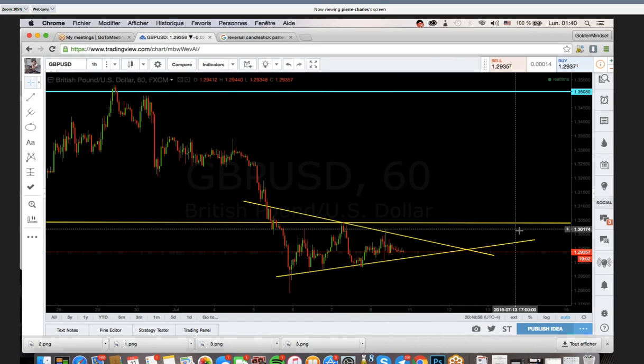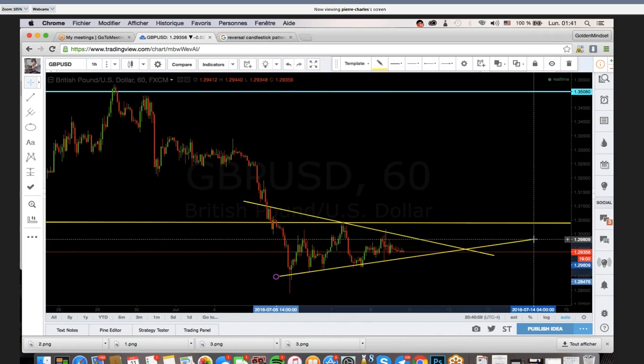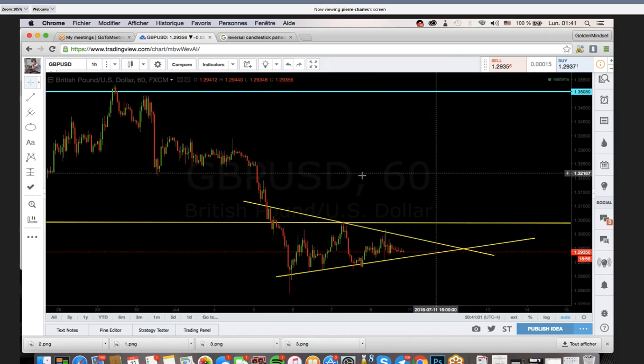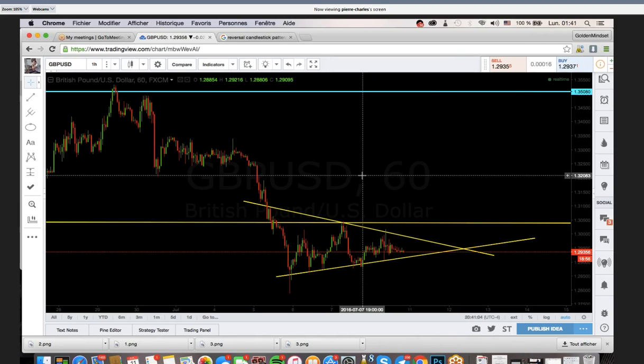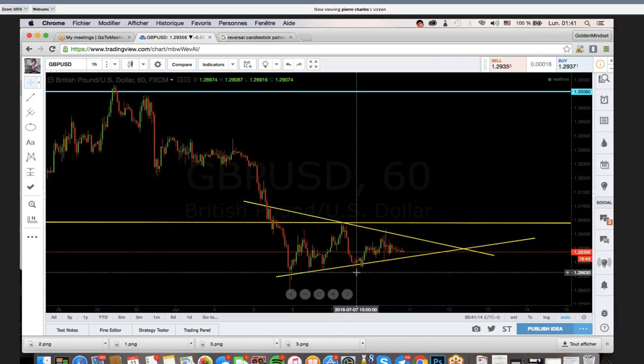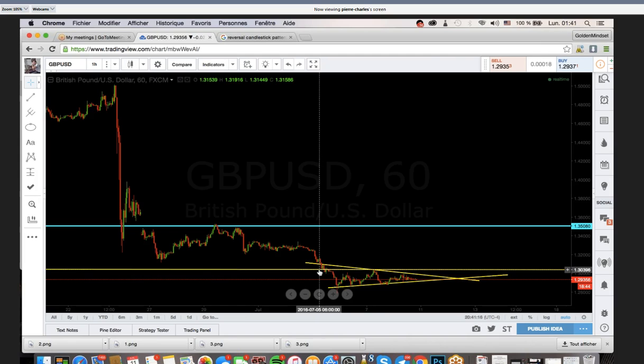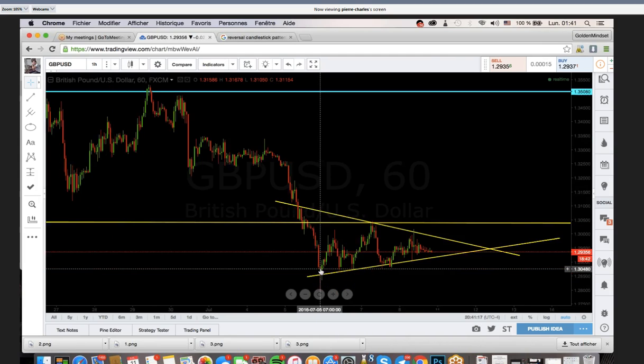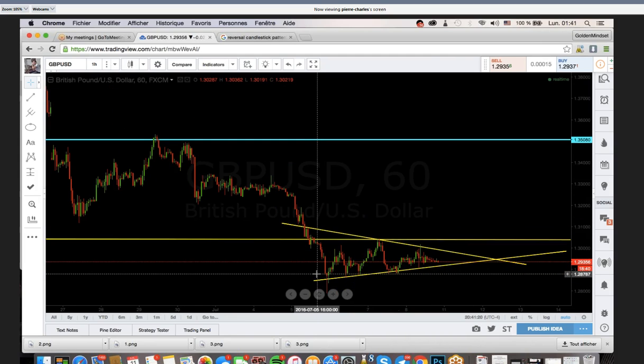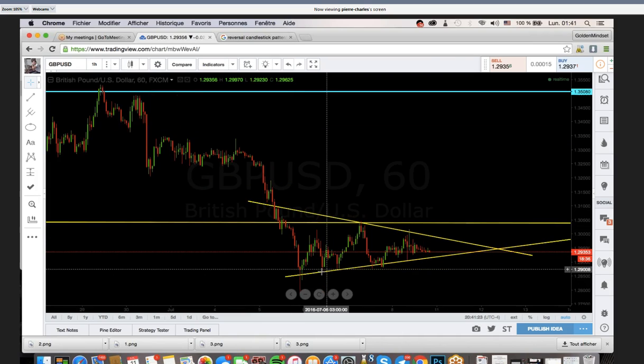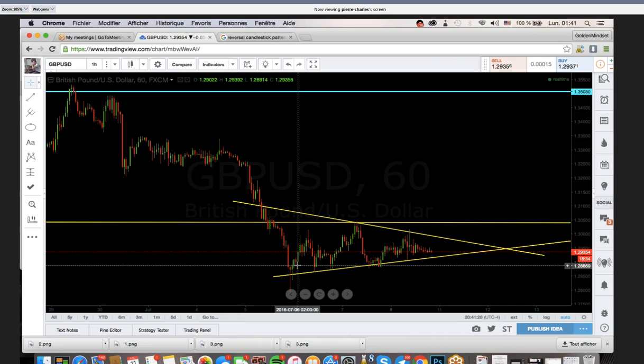However, the same triangle patterns you can use on any time frame, whether it be... how do I draw a triangle? I don't get it. Okay, so the two triangles that you really want to concern yourself with are the ascending and the descending triangle. If you look at GBP USD, this was nothing more than a giant descending triangle, which I think a lot of people missed. This is one reason why I kept saying it was probably not a good idea to buy